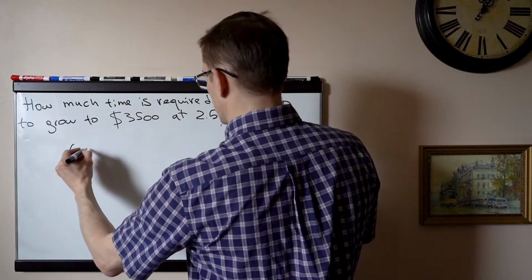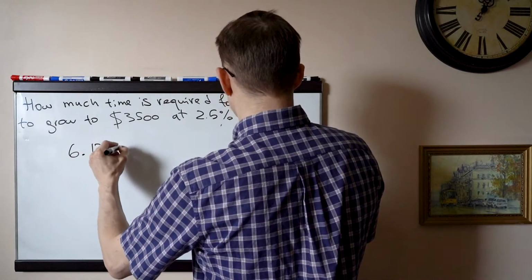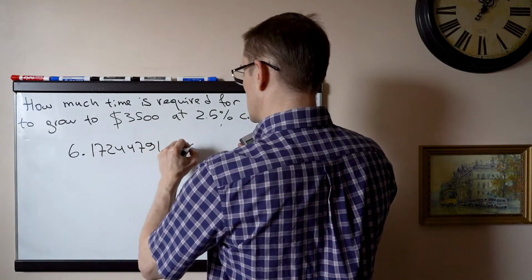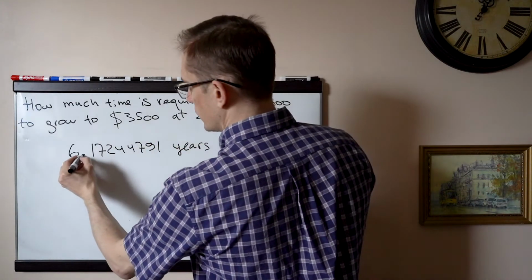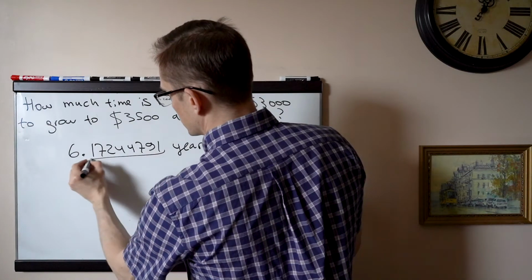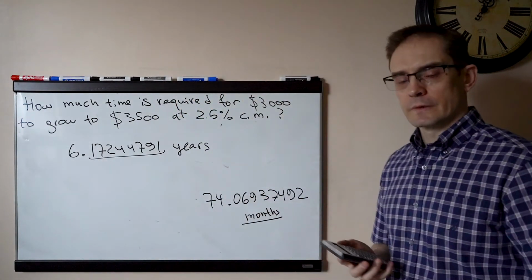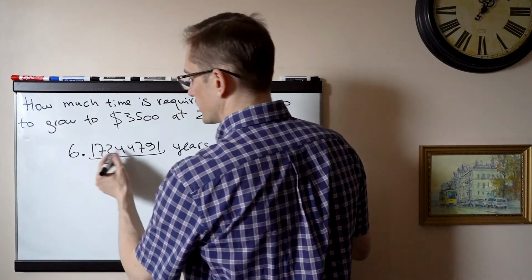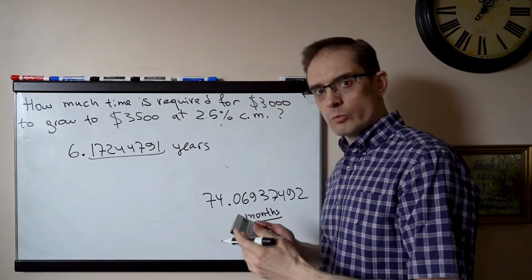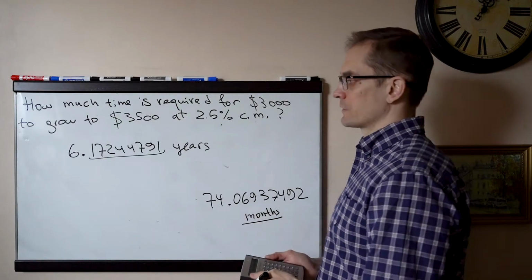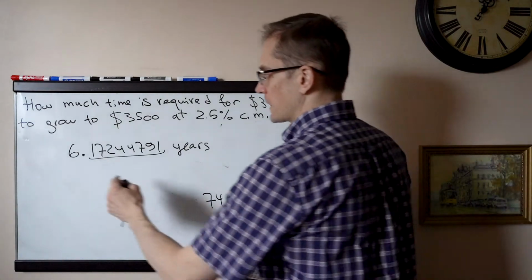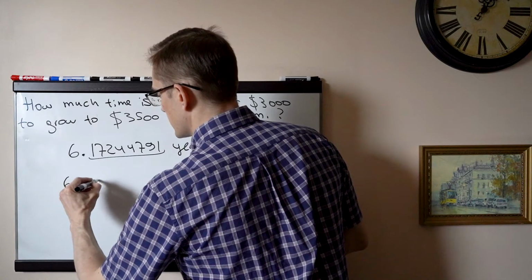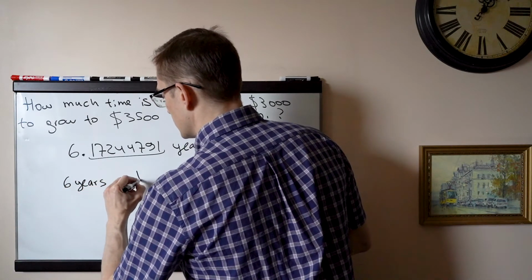So it's going to be 6.17244791 years, right? So it's 6 whole years, and then there will be some fractional component, which we can interpret in various other ways which could be necessary for this problem. Well, I know for sure that it's 6 years, or I can write it as 6 years and